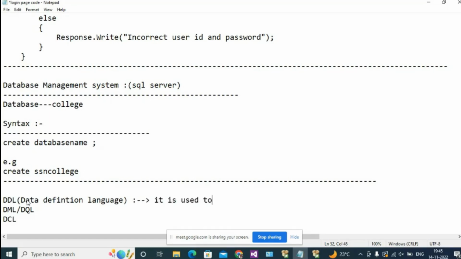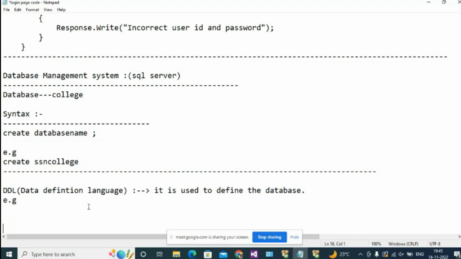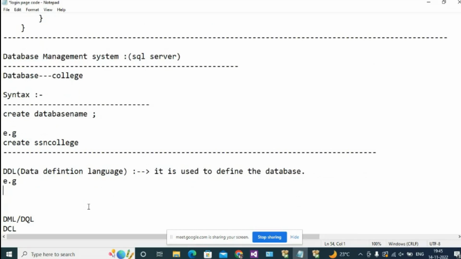It is used to define the database. Basically, these queries build the structure. It means first we need to have a table, so the create table command comes under this. Then we have more queries, like the alter command also here. There are a lot more commands. So let's see about